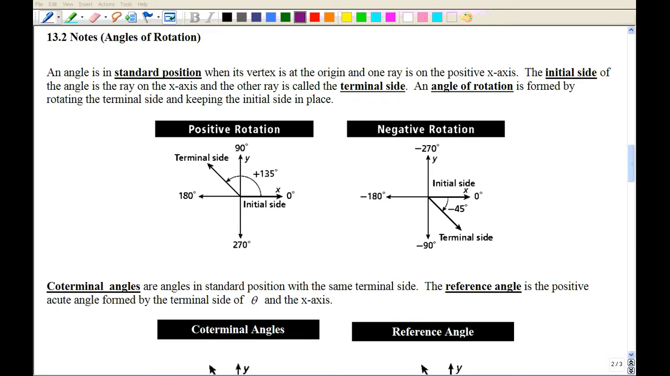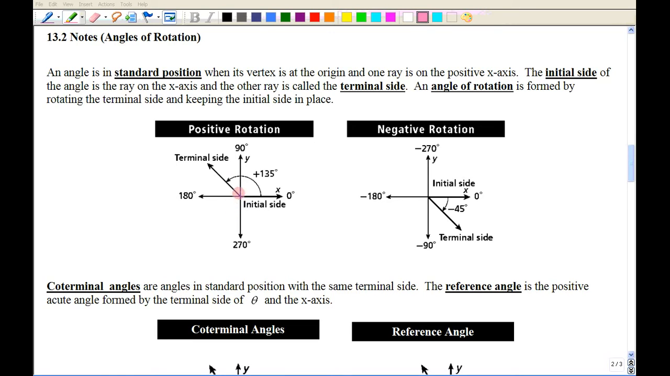An angle is in standard position when its vertex is at the origin and one ray is on the positive x-axis. The initial side of the angle is the ray on the x-axis, and the other ray is called the terminal side. An angle of rotation is formed by rotating the terminal side and keeping the initial side in place. So on this first example,